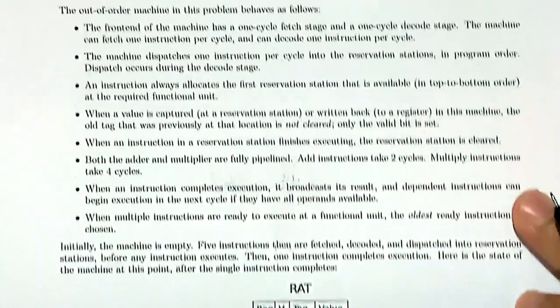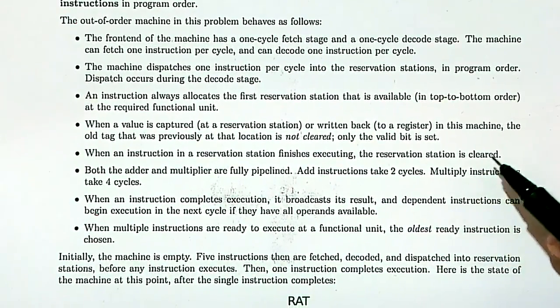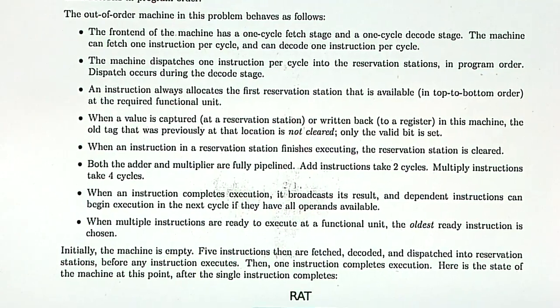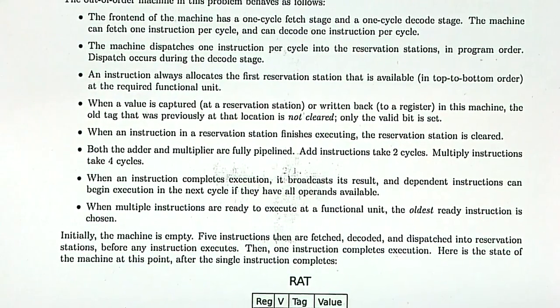But yeah, so the old tag that's here after broadcast is not cleared. So this remains. Then we have that after the instruction in the reservation station finishes executing, the reservation station is cleared. Then both the adder and the multiplier are fully pipelined, and an add takes 2 cycles and a multiply takes 4 cycles. And finally, once an instruction completes execution, it broadcasts its result, just like in the Tomasulo algorithm,